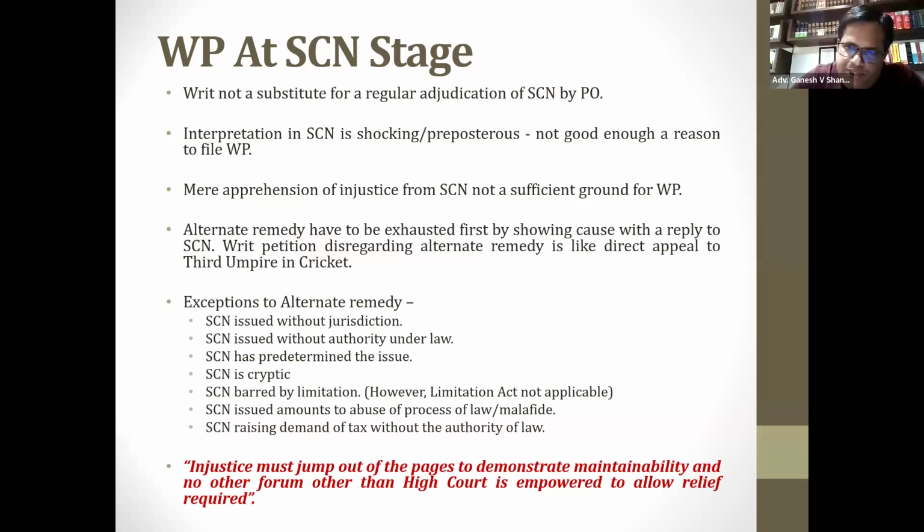So I was trying to bring out a case where none of my submissions were taken care of. They were not considered at all. They are just a single liner. They have said we disregard your submissions. So even there, there is an indirect or hidden meaning that there is a determination in their mind to go for confirmation of the order. There it can be a speaking order, but in non-consideration of submissions, it is not a speaking order.